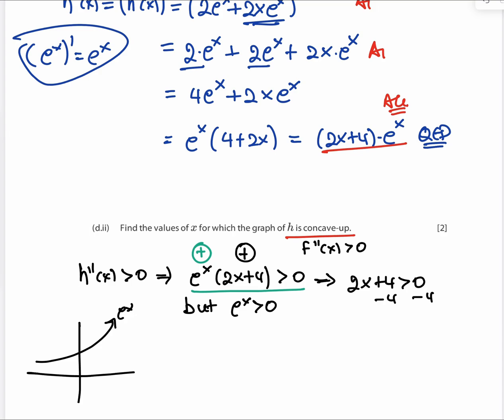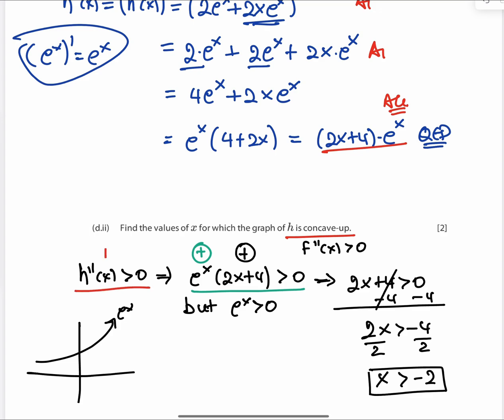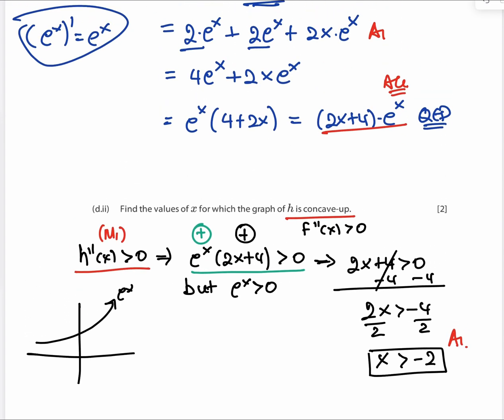So 2x plus 4 to be bigger than 0. Take away 4 from both sides. That would leave you with 2x bigger than negative 4. And then divide by 2. X bigger than negative 2, which is going to give you the final answer. Now, that was for 2 marks, which is quite reasonable. So the first one would be the condition to know that concave up means that the second derivative is bigger than 0, and then A1 for the answer, and that's going to be the end of that question. Really good question. You should perhaps review it or even stop and try